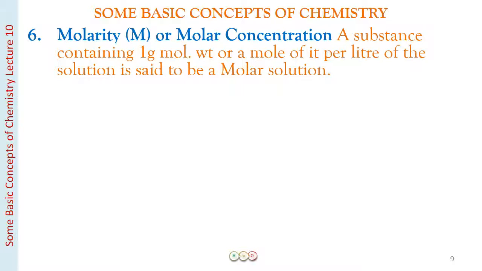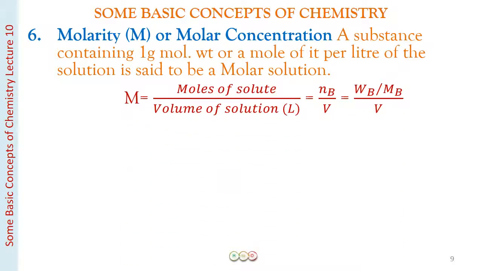Then we have molarity or molar concentration, and how do we define this? A substance containing 1 gram molecular weight or a mole of it per liter of the solution is said to be a molar solution. So the formula for molarity is moles of the solute divided by volume of the solution taken in liters. So if we denote the moles of the solute by NB and divide this by V,